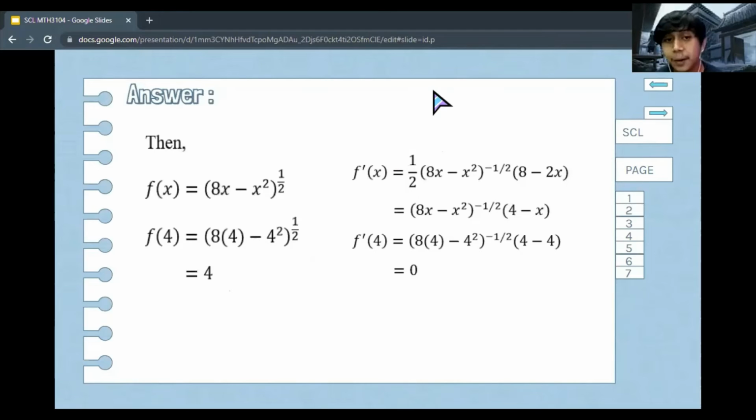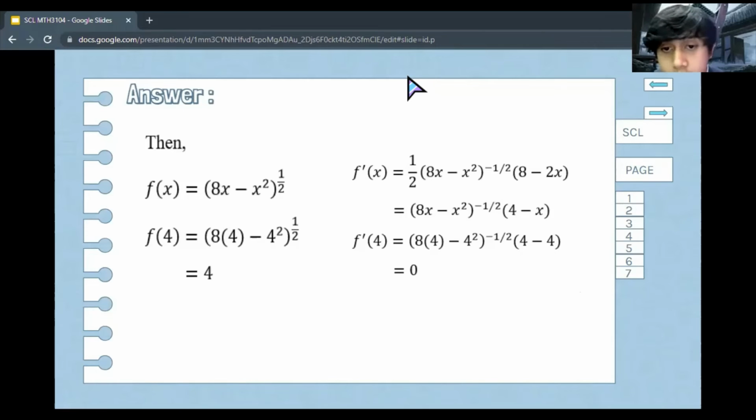Okay, now I will explain further. As the question shows, the function is the square root of 8x minus x squared. So now we write it as (8x minus x squared) to the power of 1 over 2 because it's much easier to derive. First things first, we substitute x with 4 and solve it, and we get the answer 4. For the first derivative, we need to derive it